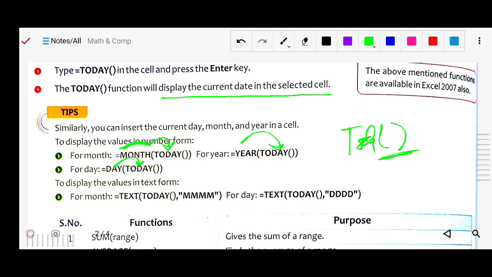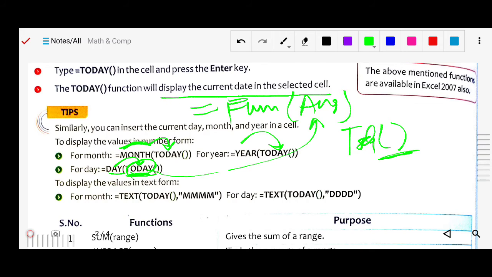Day of today: one function is there and another function inside it, meaning we are using a compound function. Inside one function another function is used. This function is used as an argument. What is the format? Equal sign, then the function, then the arguments, as we have just studied. So here the function is used as an argument. Likewise you can find the date and day of today.